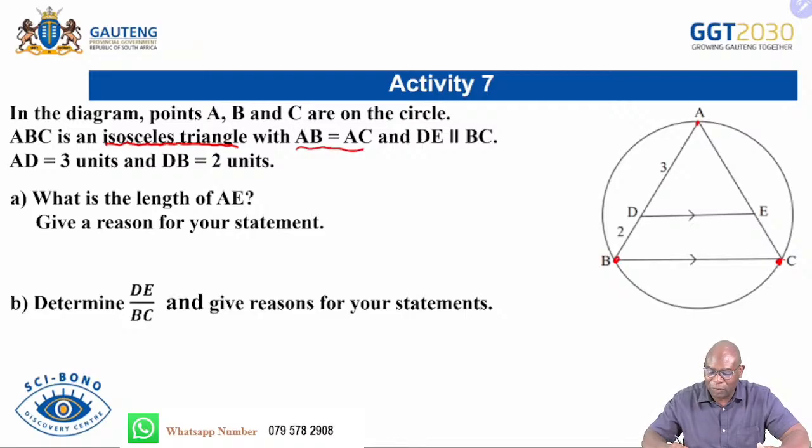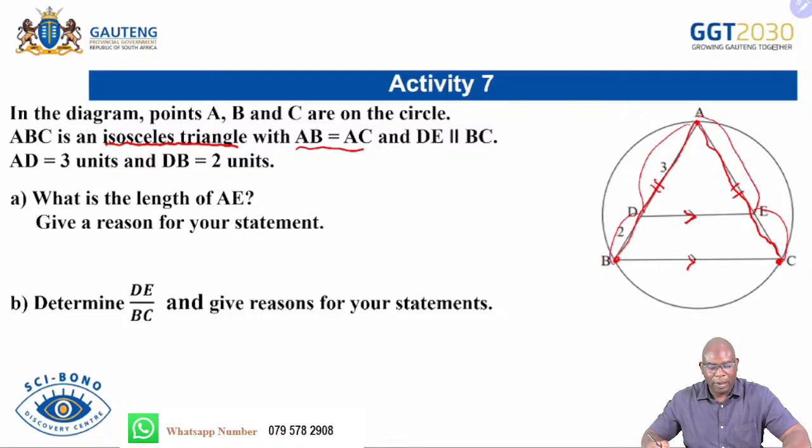They said the length of AB is equal to the length of AC. So immediately go to your sketch and indicate that. And indicate that DE is parallel to BC. So what do I know? They will be in the same proportion. See, they will be in the same proportion. Now they say AD is 3 units, BD is 2 units,